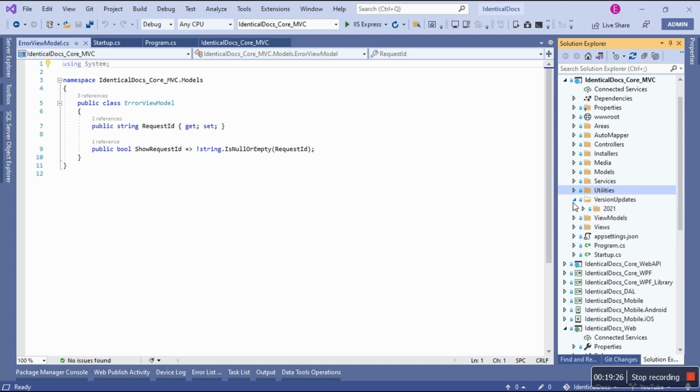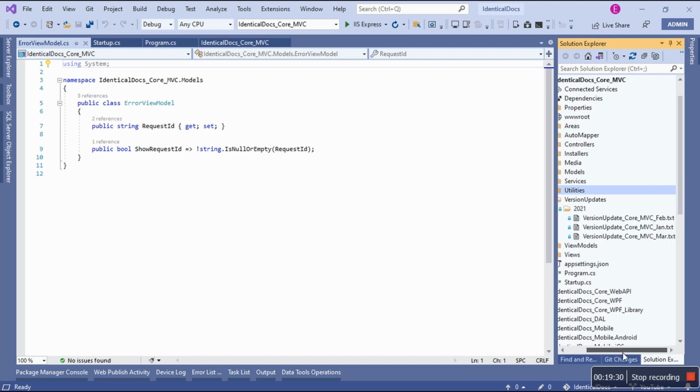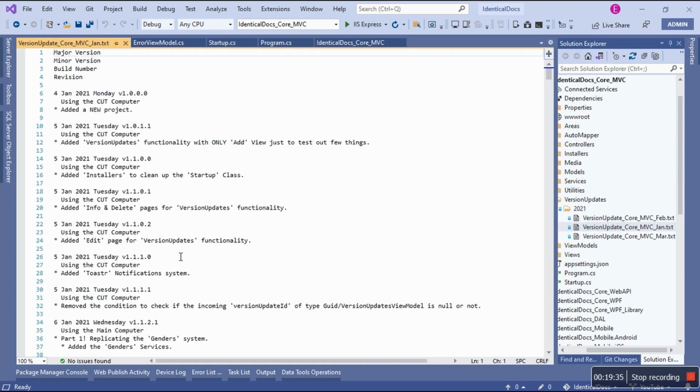I have version updates. Let's look at the version updates. When did I add this project? I added it in January 2021. Let's see what I did. On the 4th of January 2021, Monday, version 1.0.0.0, using a COT computer, I was excited. I added a new project. And then on Tuesday, the 5th, I added the version updates functionality with only an add view, just to test out a few things,